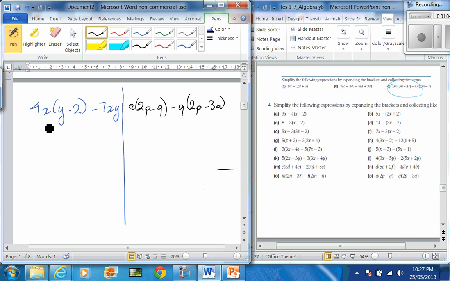When I'm expanding expressions, I multiply this by this and this by this. I'm distributing all these parts, and I start like this: equals 4xy, first x and then y, and I keep this sign, minus, multiply this by this, so I multiply the numbers only. 2 times 4, 8x, and I write this as it is, minus 7xy,